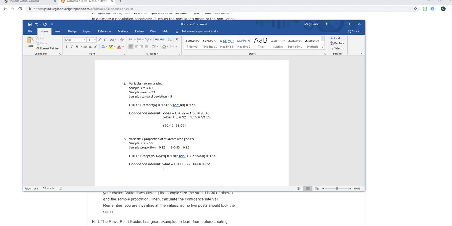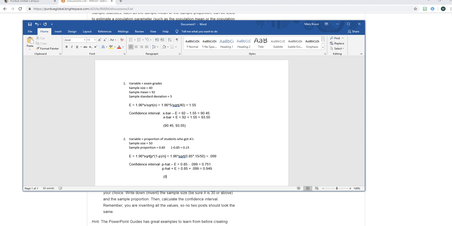I then go back similarly and do the P hat, but this time add the margin of error to get both boundaries of my confidence interval. So that's 0.85 plus now the 0.099, and that gives me 0.949,